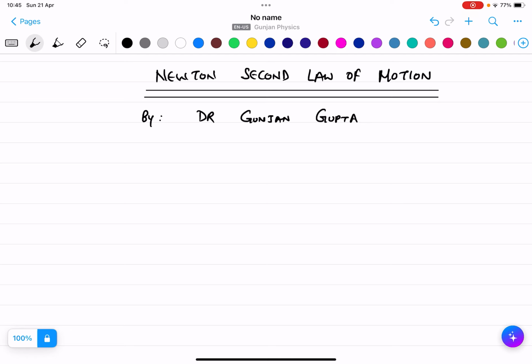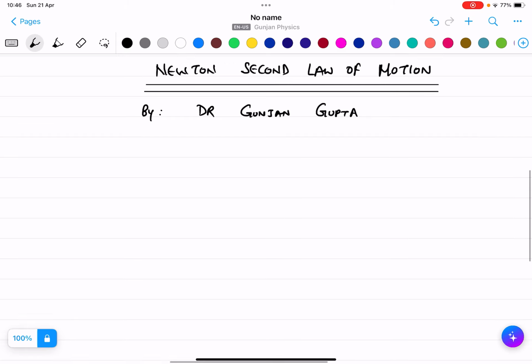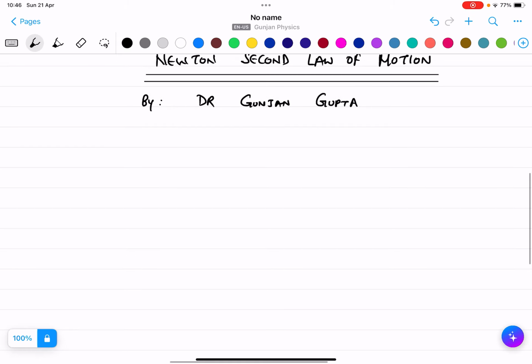In today's lecture, I am going to explain Newton's second law of motion. For the first law of motion, you can just see the previous video. You will understand what the first law of motion is, and now it is the second law of motion. Now, take an example as I have taken in the first law of motion also. It is a table